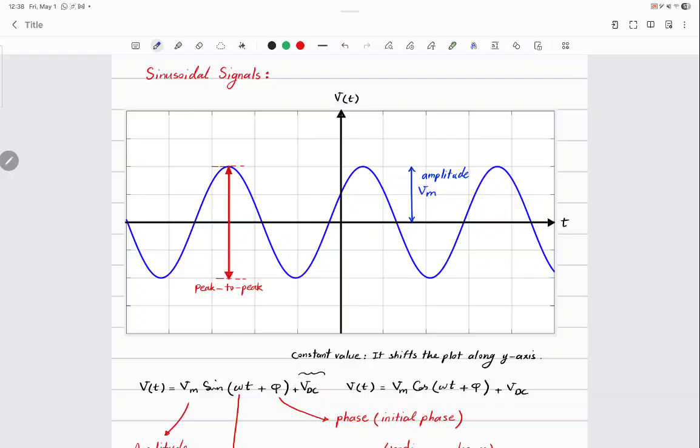V(t) as a function of time, because the horizontal axis is time. Vm sine omega t plus phi plus Vdc, or in cosine form. Doesn't matter which one you write. After the next lecture, we are going to define a convention of working with cosine most of the time, but right now it doesn't matter. We're going to define the different parameters in these two equations. First of all,